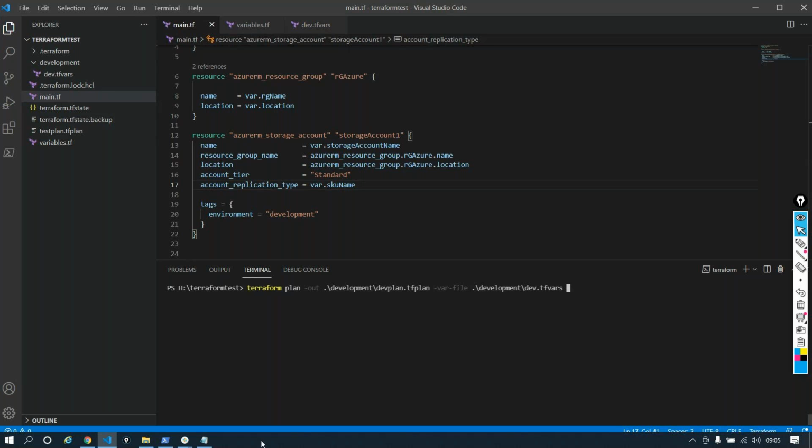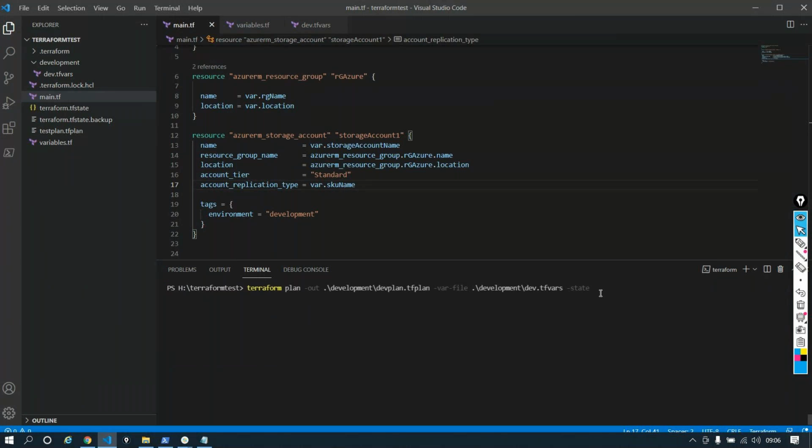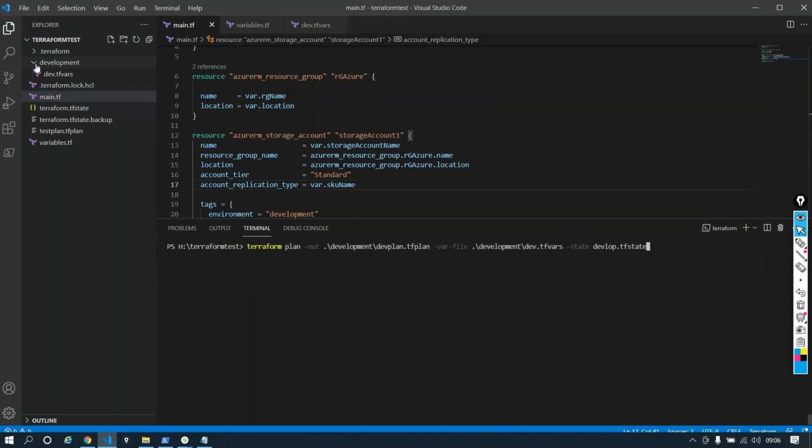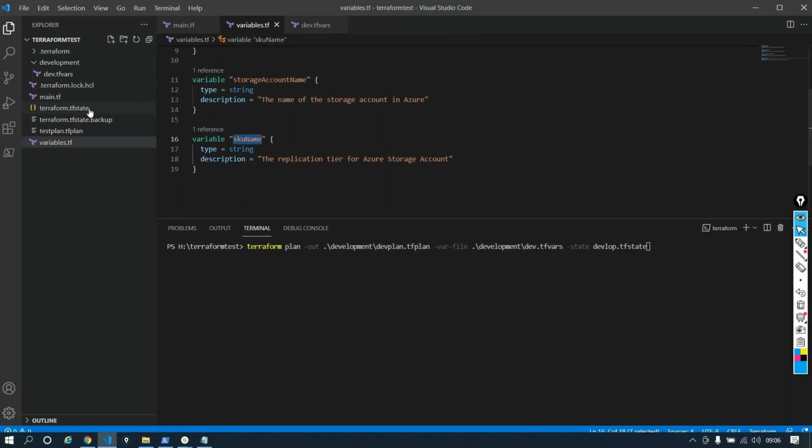Now I'll also create a state file for this. How do I create a state file? It's -state, so I'll say -state equals dev.tfstate. This is what I am declaring out here, guys. So I am maintaining the plan and the variables inside a separate folder called development, which holds everything required for the development environment: one main file, one variable file. I'm not relying upon the existing state file. I'm creating a new state file for myself. So when I execute this out,